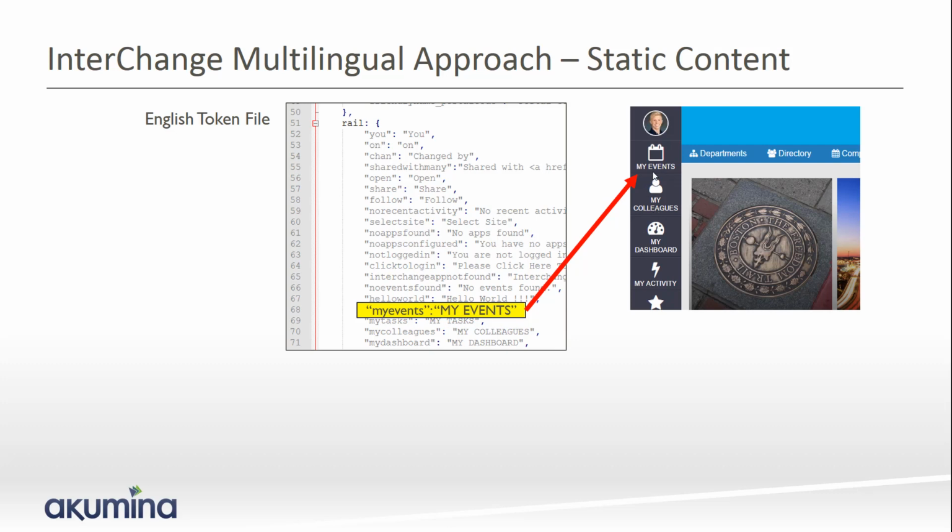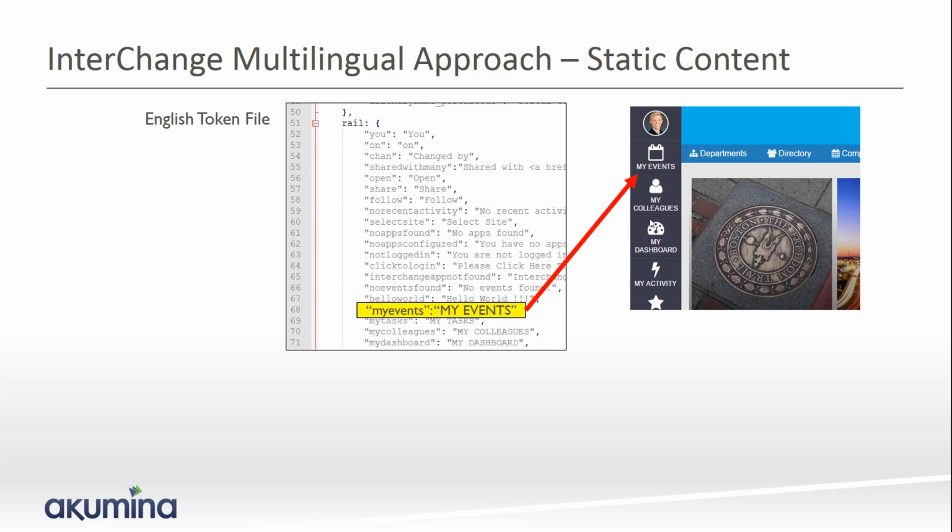Now what I'd like to have happen is when I change from English to Spanish, I would not only like the managed content to change, but I'd like these labels to change as well to the appropriate labels in the Spanish language. Now the way we accomplish that is through the use of tokens. So each language has an associated token file that's part of the system. In the token file is the definition for each one of the items or labels that exist within the site,